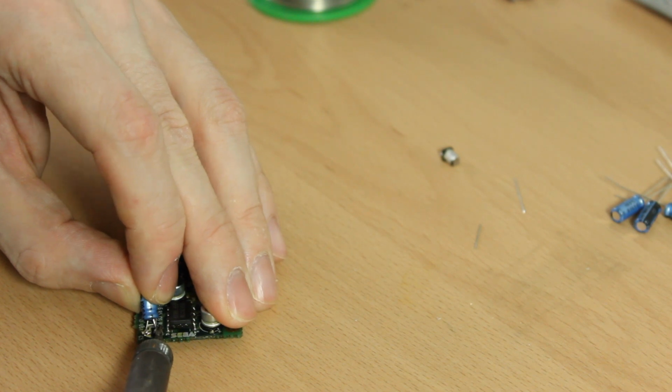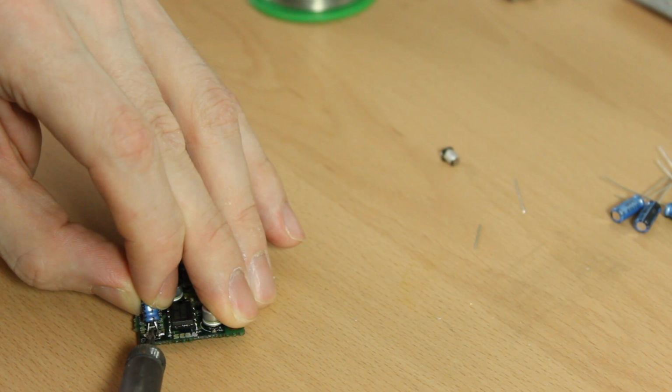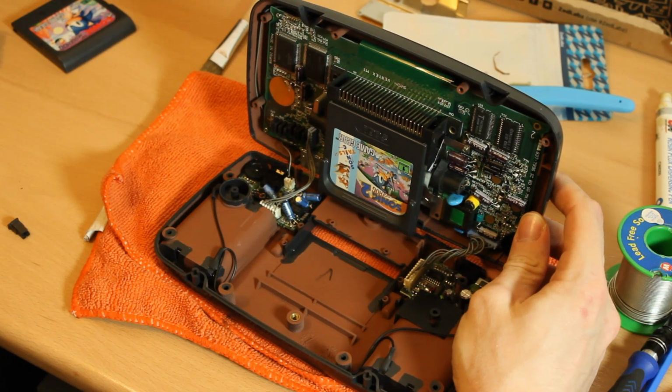So now you've seen how I've soldered one capacitor on there. We'll just get the thing back together and we'll go from there. Now I've got it back together again. This is actually the second time. In the original attempt at putting all of this back together,